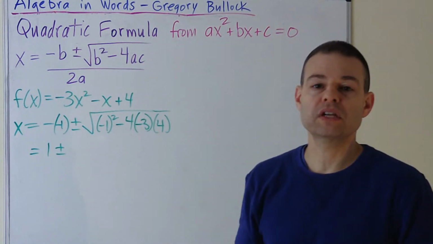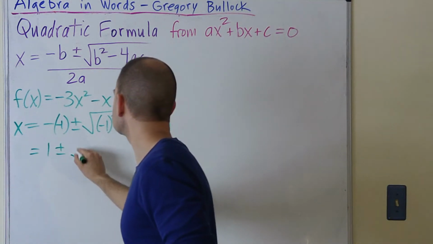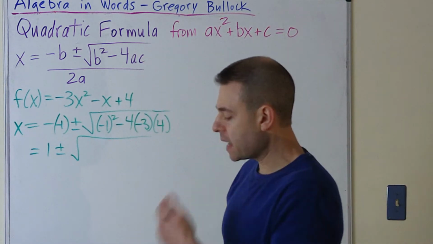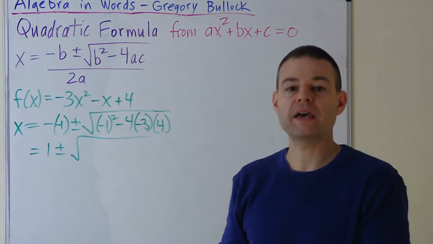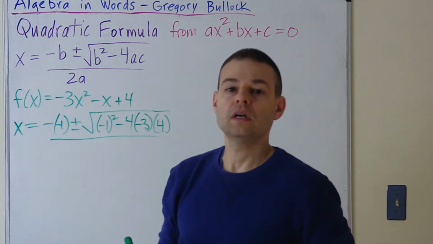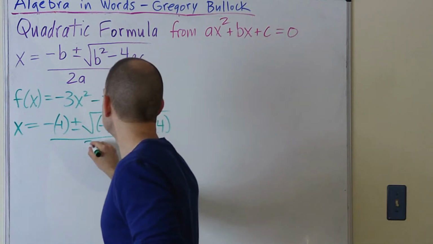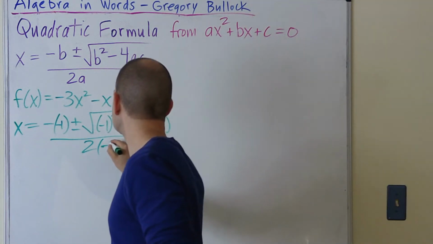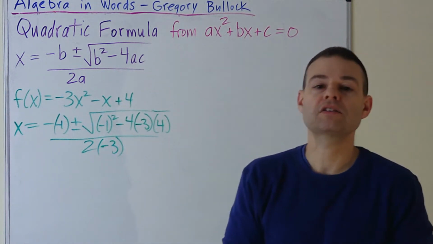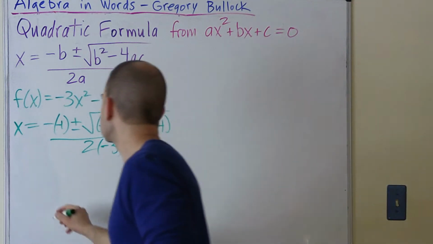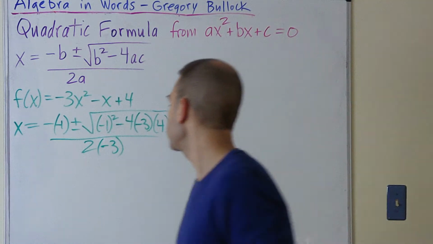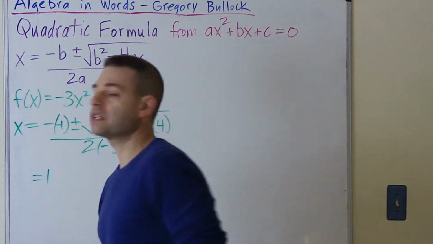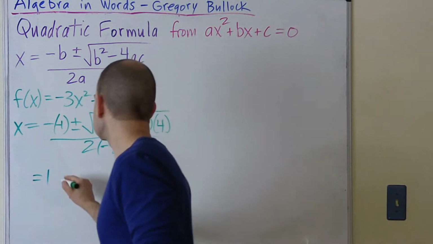Plus or minus, let's rewrite the square root again. And actually I noticed I forgot to put it over 2a, so let me pause that and do that. Okay, and over 2, and a is -3. Okay, now let's start back on the left and simplify. So negative and -1 is +1, plus or minus